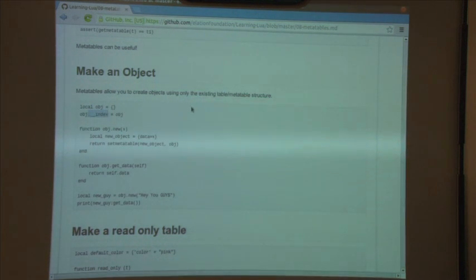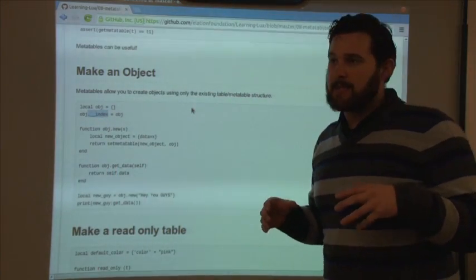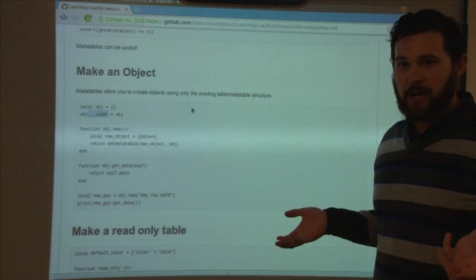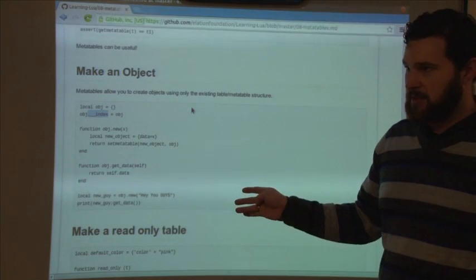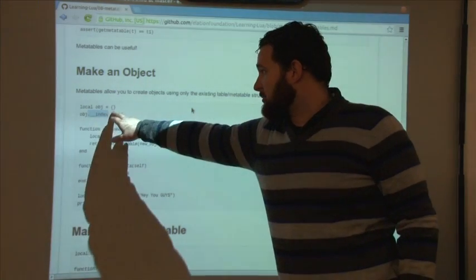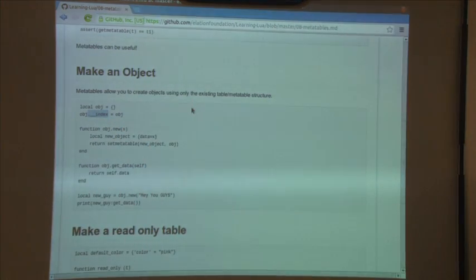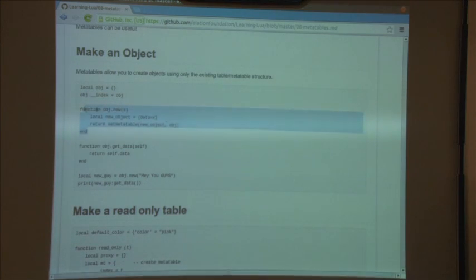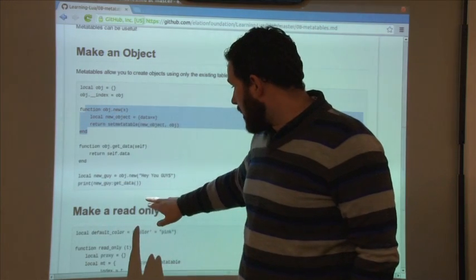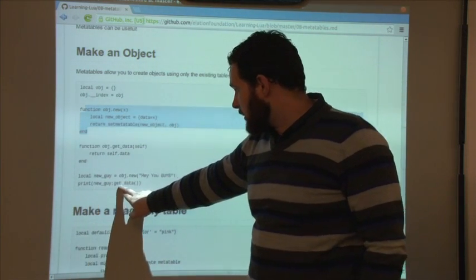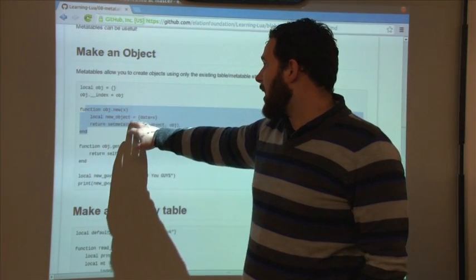When it's looking for the index function of an object, which is how an object actually finds an item within itself when you look into an object, it will look in the meta table first for index, and if it's not there, it'll look in the normal table defaults for index. So in this case, local object, we make a little object. We set the index of object to object, so that it's self-referencing. And then here, much like a string, we're now setting functions within this object. And we'll call them down here as we create this object using the colon, just like we did before. So we say a new object equals,